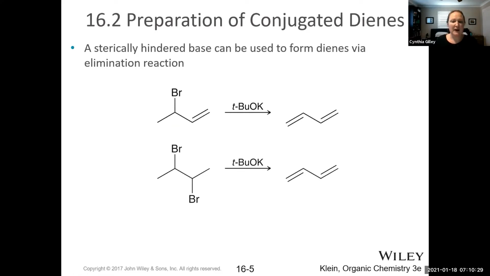We want to think about how do we synthesize conjugated dienes. For example, 1,3-butadiene, which is shown here. We can synthesize them through the way we would synthesize pi bonds, through elimination. So for example, we can use a bulky base to do an E2 reaction on this allylic bromide system. One of the reasons why a bulky base is used is to prevent any SN2 reaction from occurring, and also to,